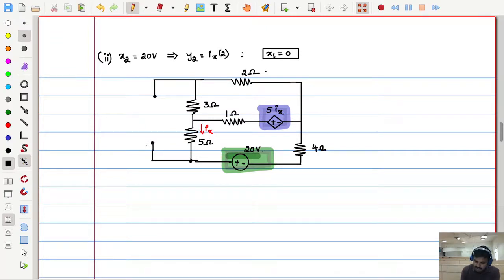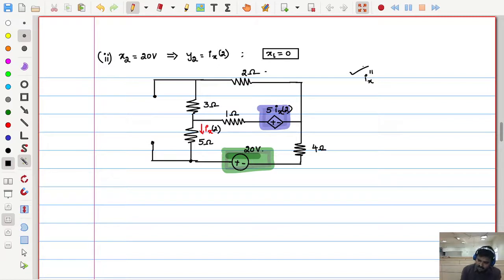Now what shall I do additionally? So this Ix will become Ix of 2, and here also Ix of 2. Just as a notation I am using it this way. If you feel more suffixes are needed here, you can consider Ix double dash like this, or some other name like simply I2. But in mesh analysis we will be using I1, I2, which may coincide with this. So instead of that I will be choosing this notation. You can choose this kind of notation also, no issue.